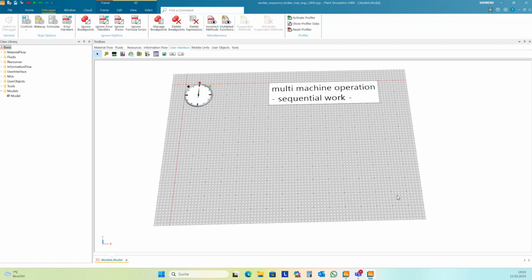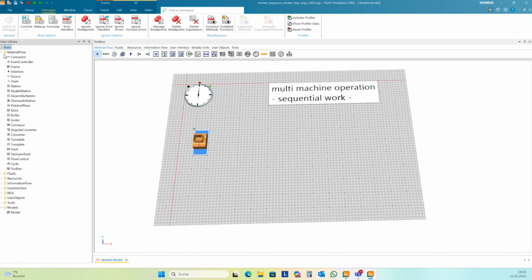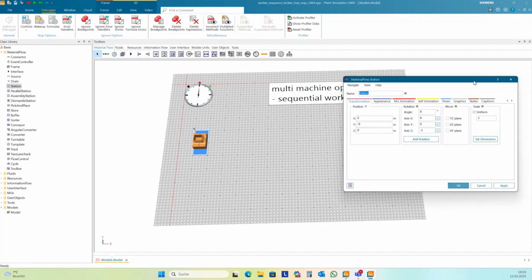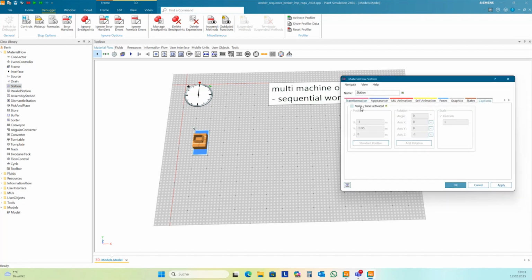So we first create our scenario for the day. We have one source. I change here the station in 3D so we can see the caption, the names of the station.